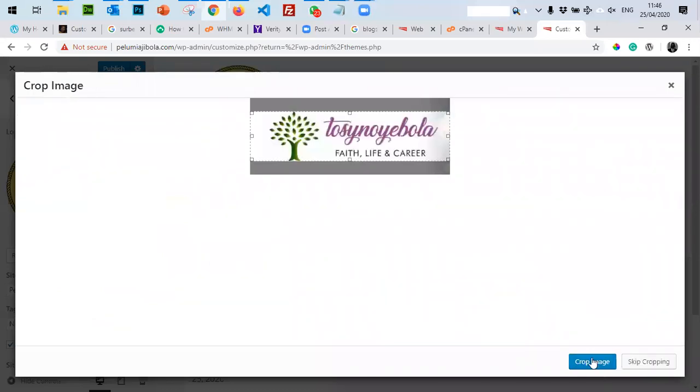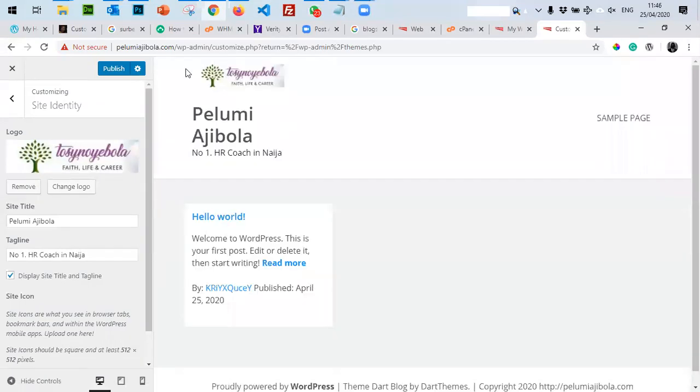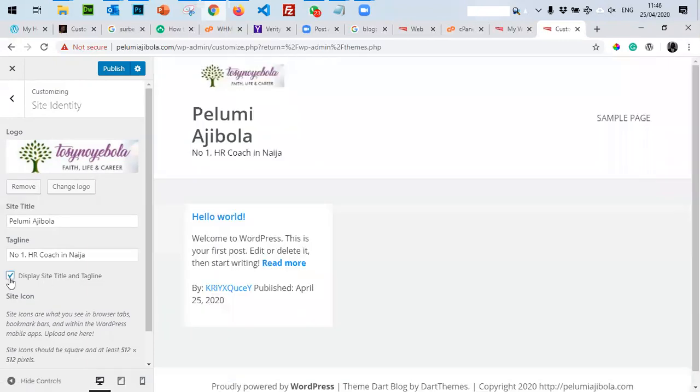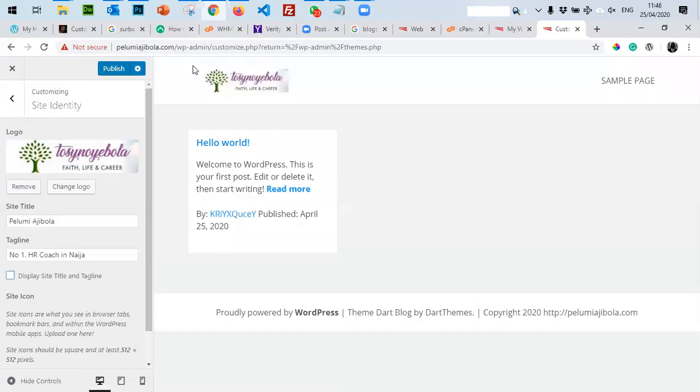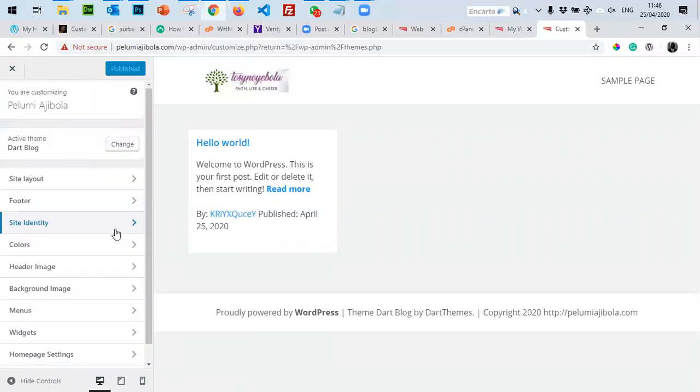Okay, so I think this one seems to be more adequate for the space above. You can see, because that is the kind of shape that fits this banner. I can leave that as the logo and hide the name, and that just stays there as the logo for the blog. If I choose that, okay, I want the name to appear, so that's why you have the display site title and tagline, or you take it out. So let's just leave the logo to serve as the brand name. So I can publish this and move out of this space.